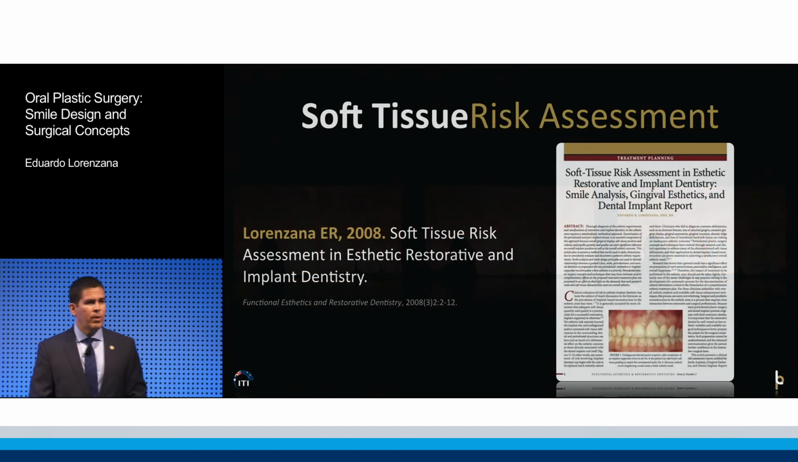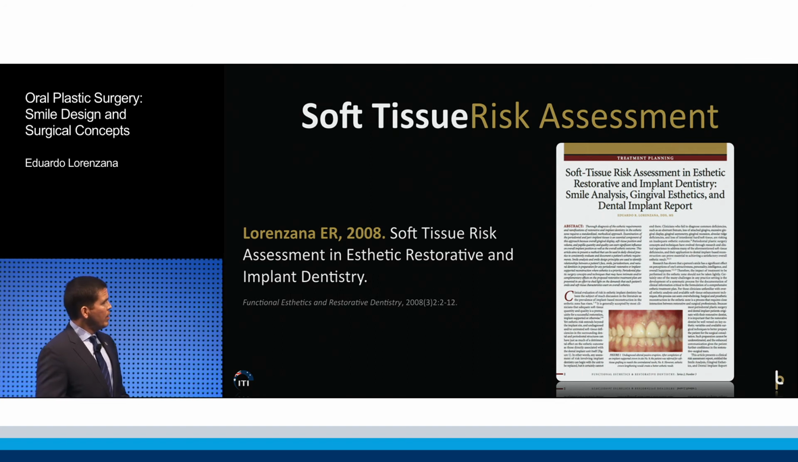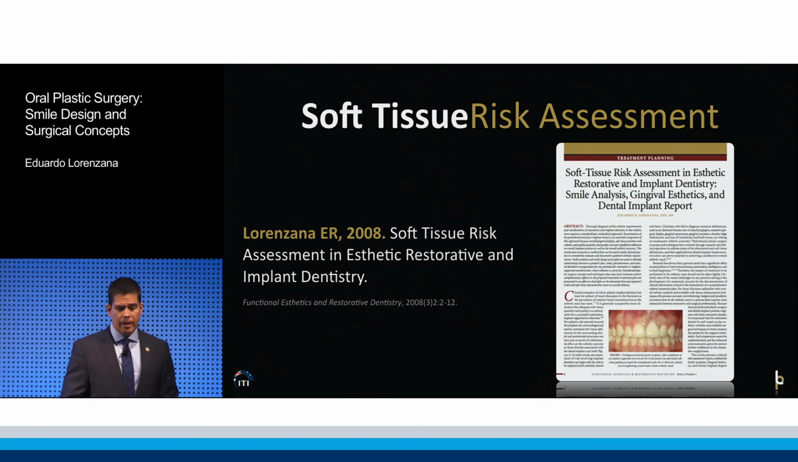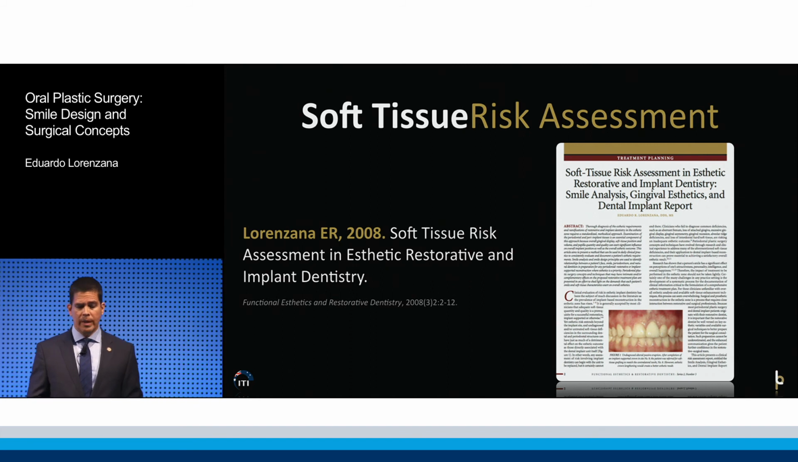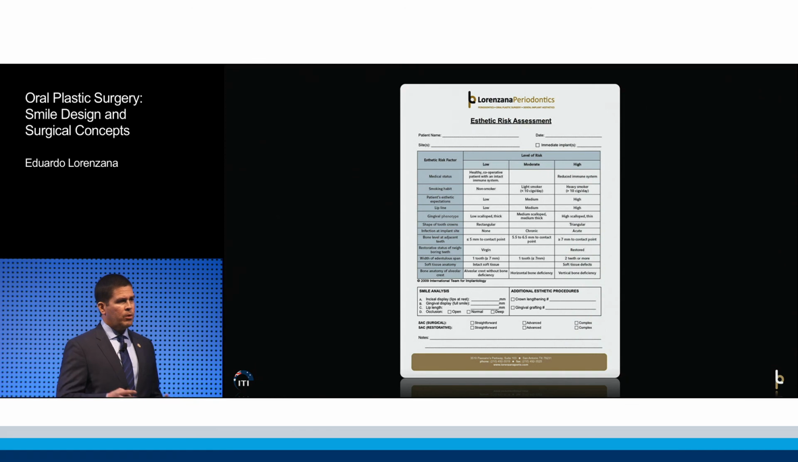In 2008, at the request of a good friend, Bob Levine, who I believe has been here to present to all of you, I put together this paper on soft tissue risk assessment in aesthetic, restorative, and implant dentistry. Again, with the idea of blending the concepts of smile analysis